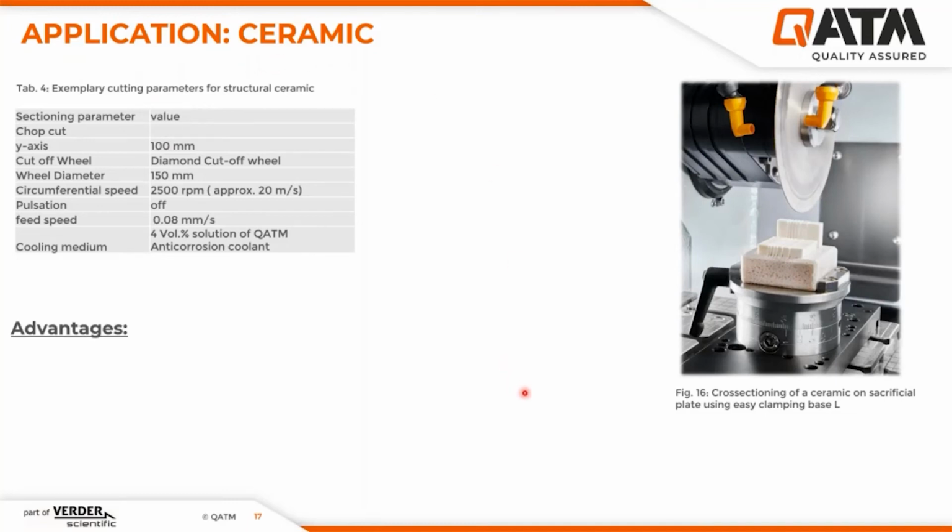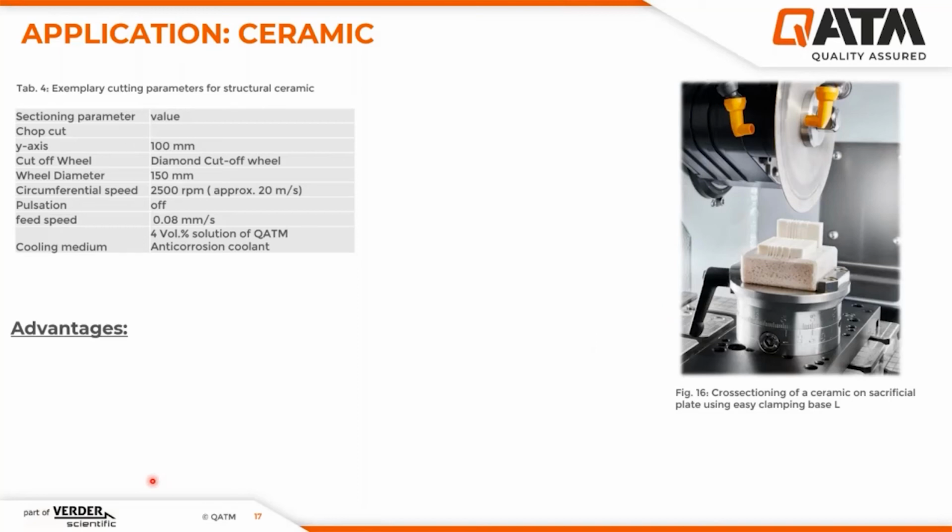ceramic. And since this oxidic ceramic, it's an aluminum oxide, is way too hard to be cut by the corundum, we have to use a diamond-based cutoff wheel. In this case, it should be a resin-bonded wheel. We have a quite low circumferential speed of approximately 20 meters per second, as well as a lack of pulsation. This is done to prevent the breakout of ceramic parts, which is a real big problem in the case of